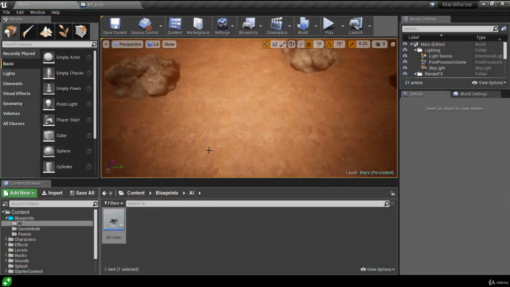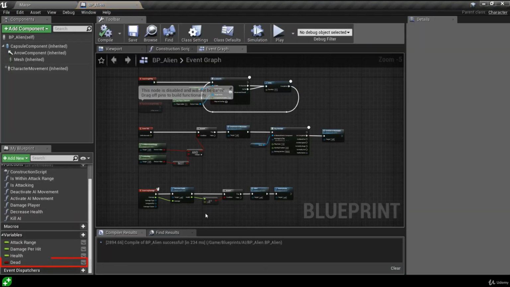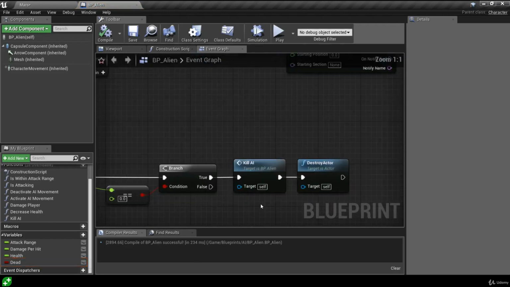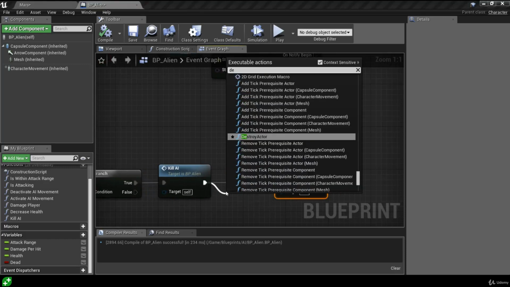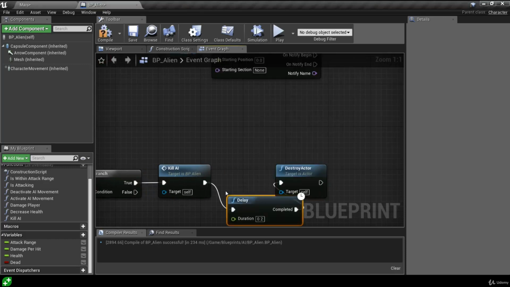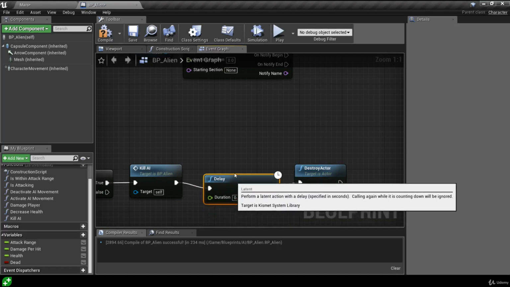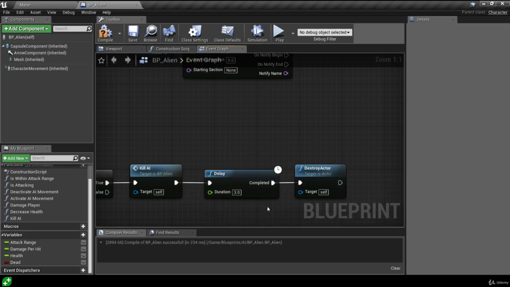Okay, so inside your alien blueprint, you should now have a variable that we can use to store if the alien is dead. And you should have also created a new function called kill AI. And we call this after the AI runs out of health. We're going to kill the AI, then add a delay, and then destroy the actor. So once the AI is killed, we delay by, let's say, 3 seconds, and then we remove the AI from